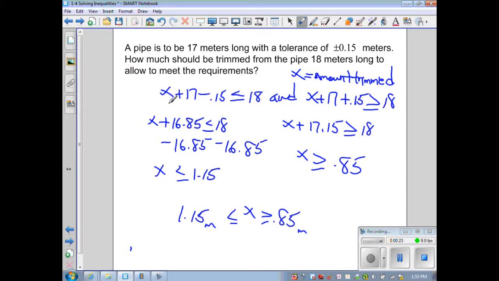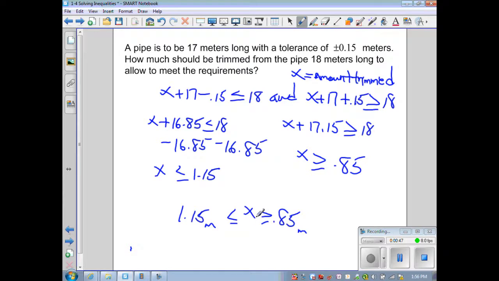Our general formula is 17 minus x, the amount to be trimmed, which is what x is, and it can be 17 minus 0.15 or 17 plus 0.15. In other words, it can be less than 17 or greater than 17 by that tolerance. And we have a pipe that's 18 meters long. Then we just solve each inequality, and what we end up with is that x, the amount to be trimmed